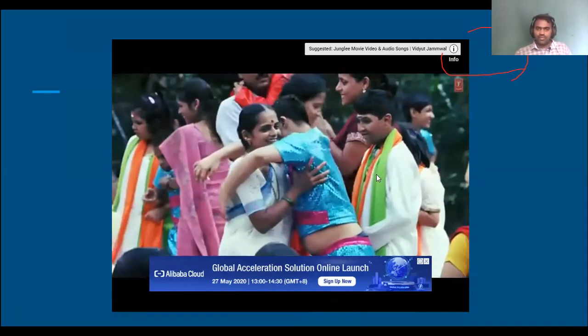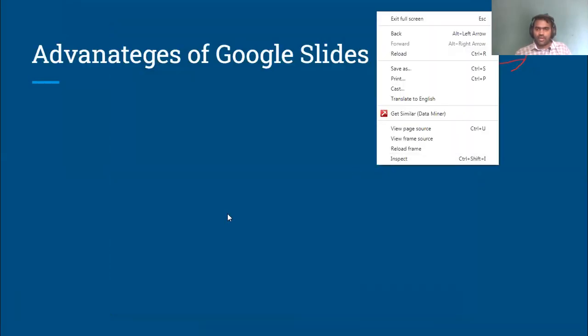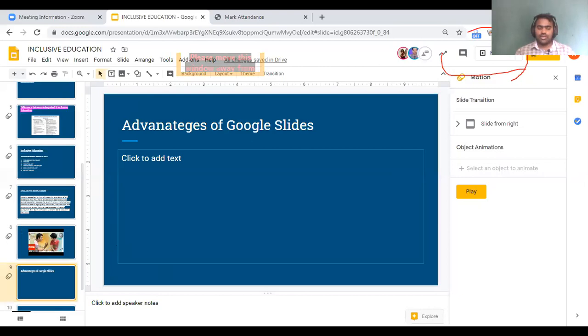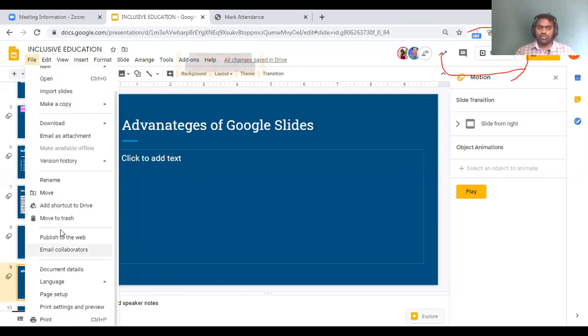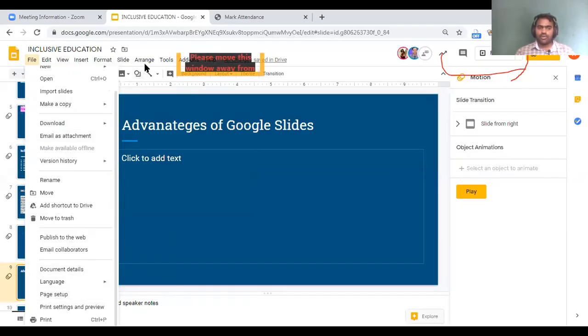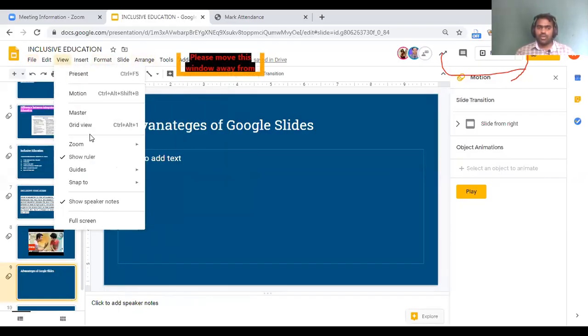Your students, if you haven't done that. This is how you can present it from Google Slides itself, or otherwise you can download and keep a copy there. Like that you can do it and publish to the web. We have explored that, and images also we have seen.